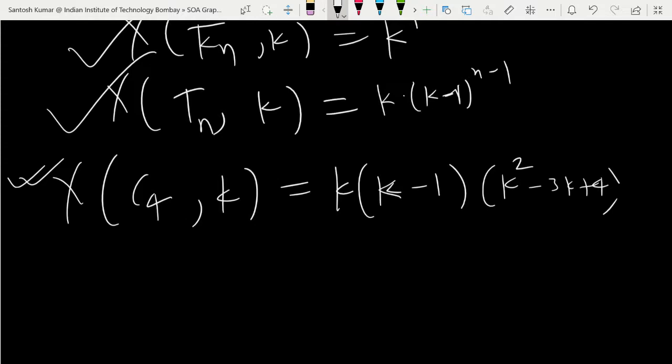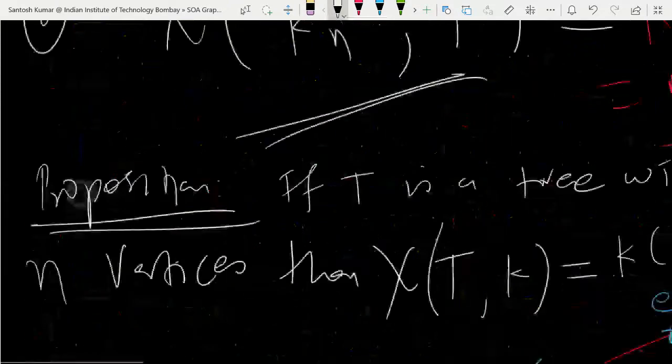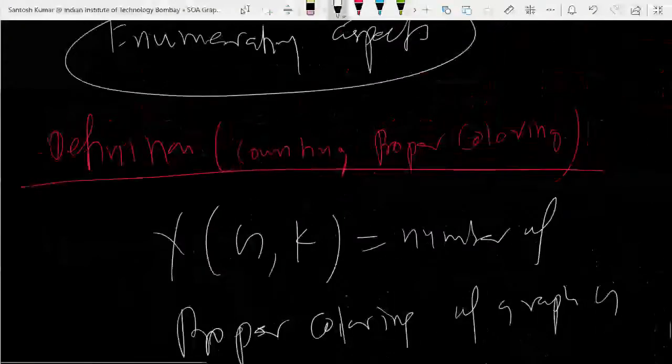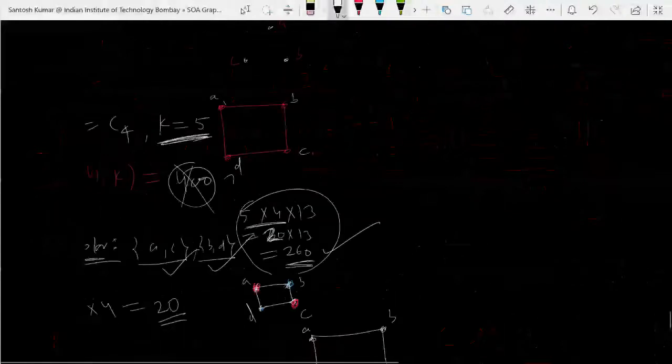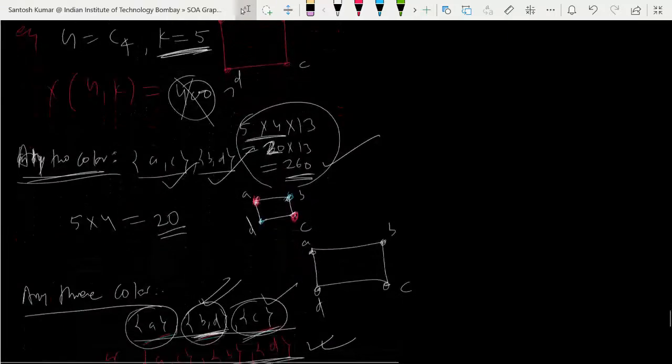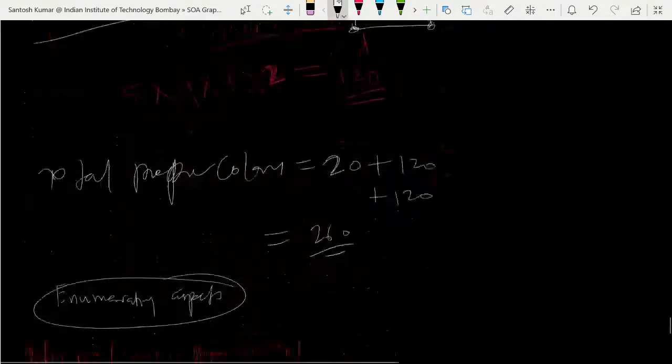So you can relate this question to the last question I asked you in the last class. That was the last question. So you can relate this. Now, there I asked you what is the number of proper colorings for the graph C4 using 5 colors. Okay. So I already had the formula. So you can notice here what I did. I was just checking. I just put k is equal to 5 in the polynomial and I get this answer. And we derived it in another way and just checked whether we were getting the same answer or a different one.